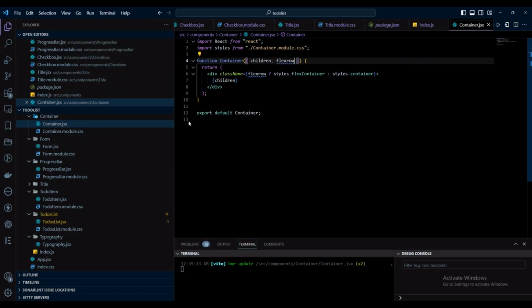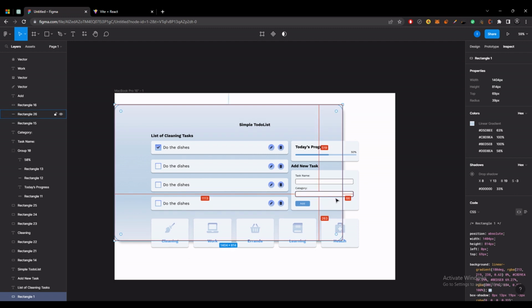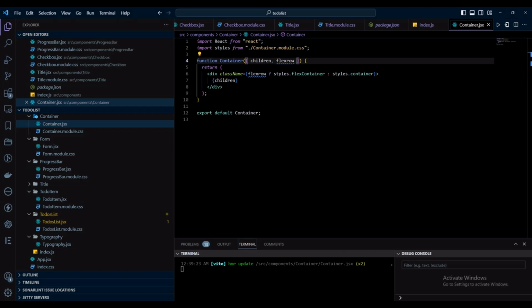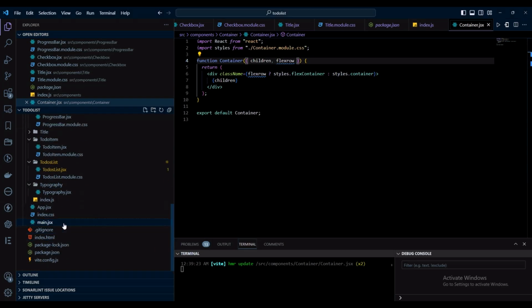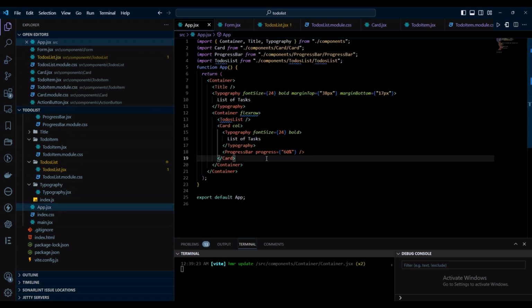Hello, so we're back, and in this video we'll be creating this form here to add a task. So to start, we're gonna go to our app file,